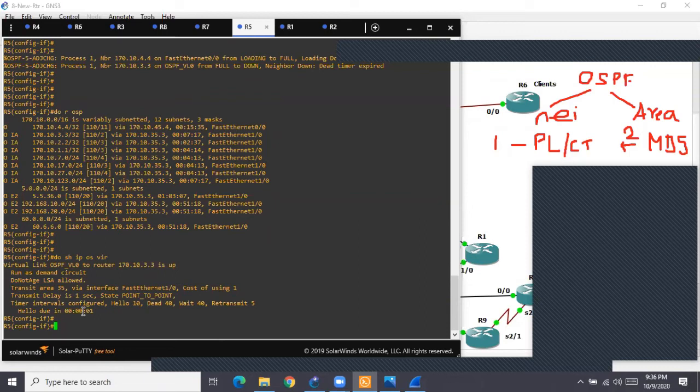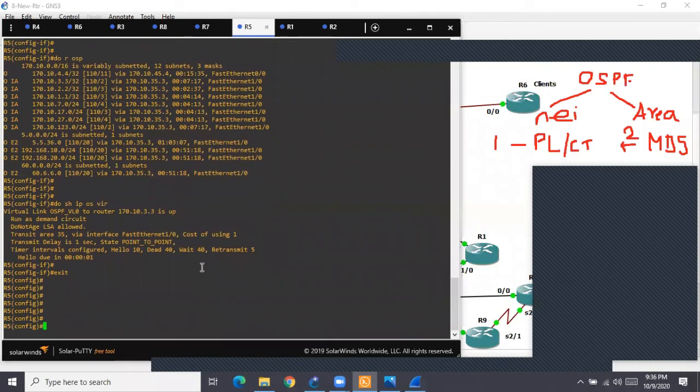So how to do this? This is called virtual link authentication. How to do virtual link authentication? See, I'm going to show you now. What do you do? Do show run, get the OSPF configuration on the screen. Observe carefully how I do. Whatever I do, whenever you're practicing, try to imitate me.